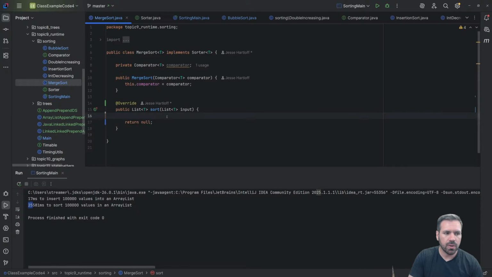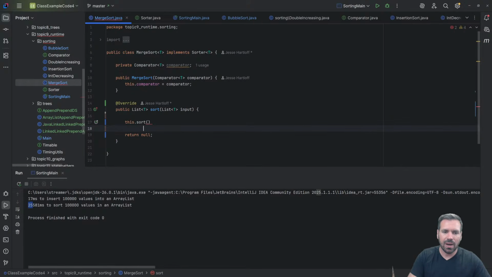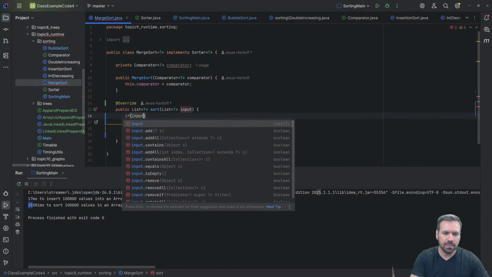So with merge sort, what we want to do is I'm going to write this recursively. So I know I'm going to have some recursive method. I'm going to have some this.sort call. I'm going to assume that that call works, and I'm going to build my method based on that. And I know I'm going to have some base case. My base case for sorting,